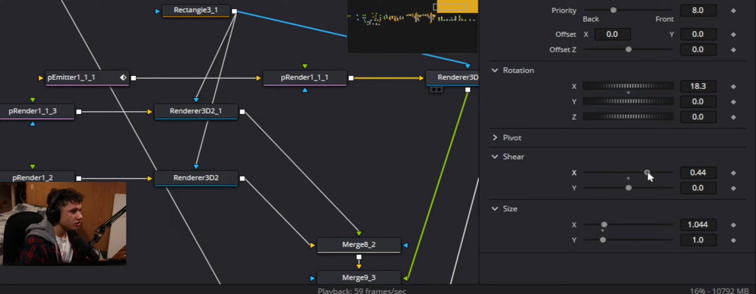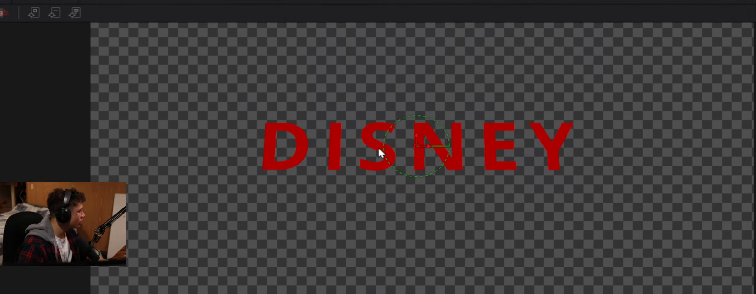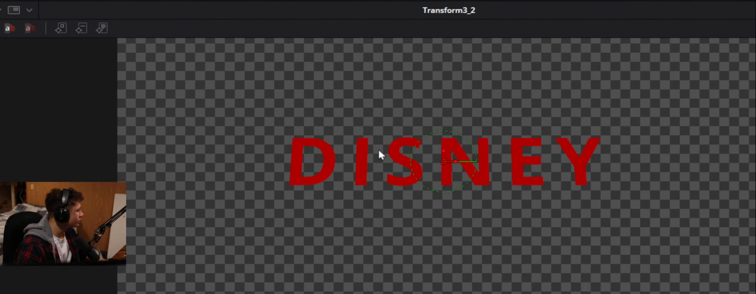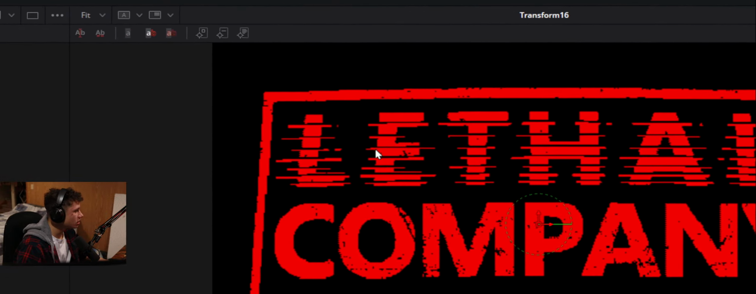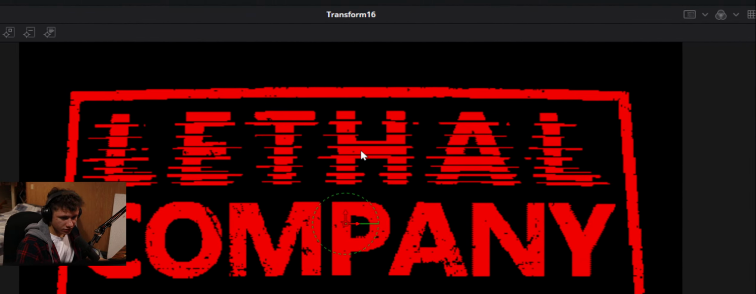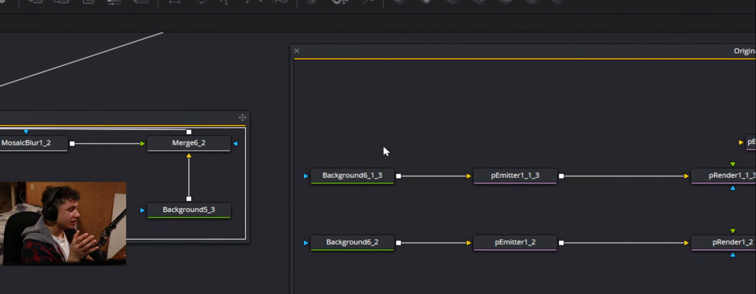The shear will actually stretch things a bit. So I messed with the shear just a tiny bit, 0.005, and then the same thing with the sizing, right? So I messed with the size just to make it look a bit more like this font here, because taking the font from the internet is too hard. It wasn't. So here's the thing, it wasn't, but I looked everywhere, and the font that does exist